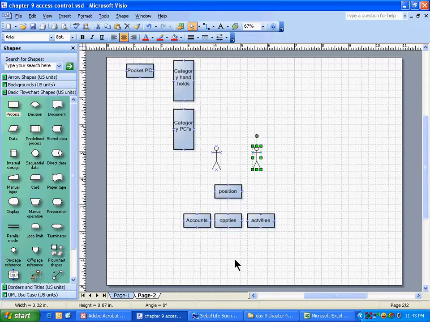So the designer makes the application like this: one position is held by only one employee. So when this guy leaves, this guy comes in. At one point of time, this position will not be held by both these guys. We design the application like that.